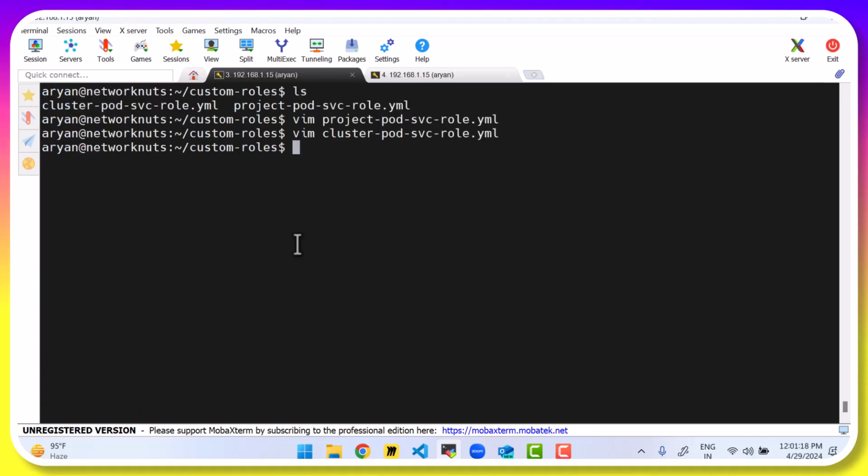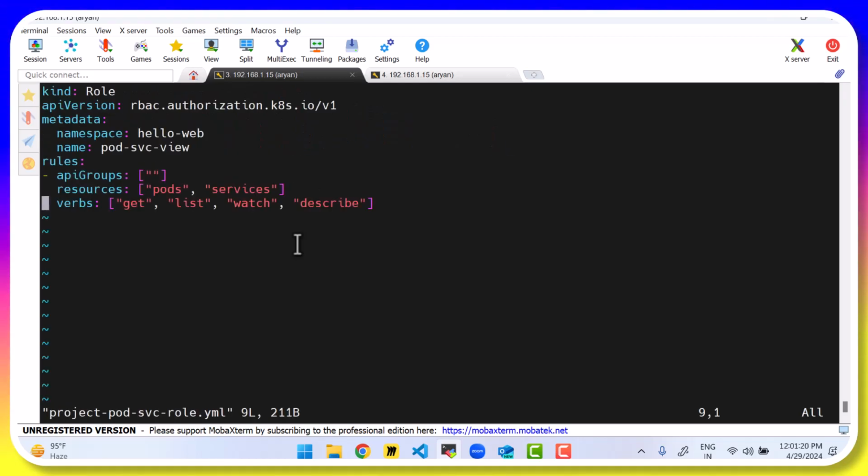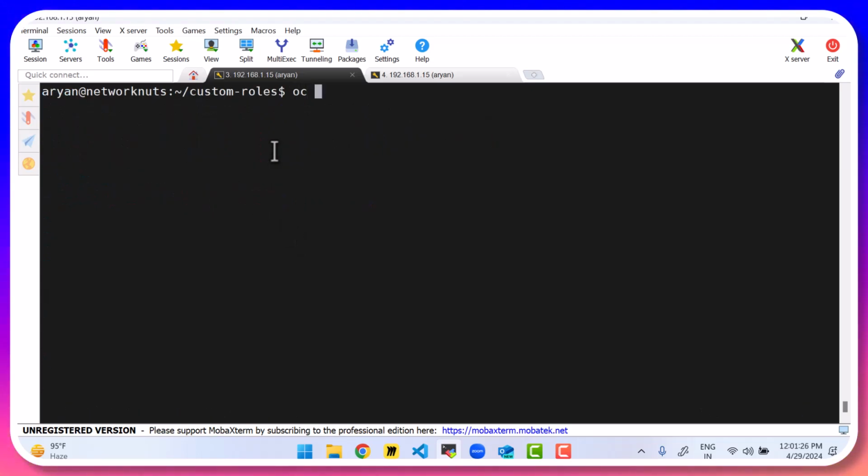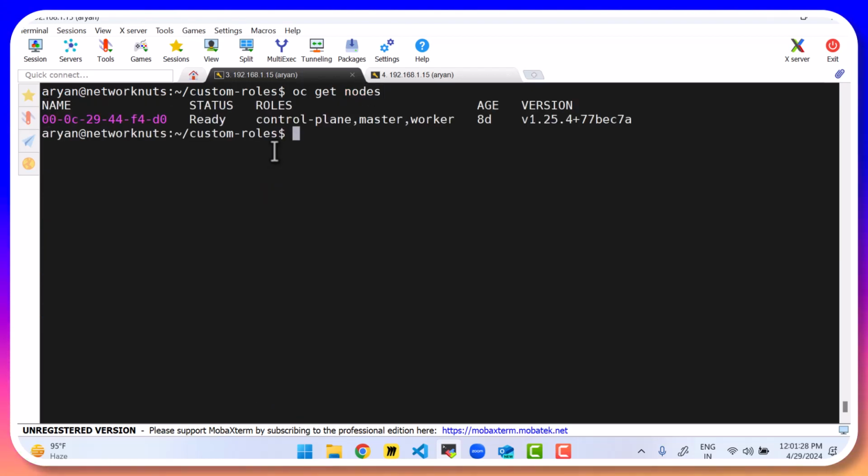While in this particular case, I can only access them in a particular namespace, that's the hello-web namespace. So let me check if I am the super user. I can use the oc get nodes command for that. The oc get nodes command can only be run by someone who's a super user. And once you have verified that you are indeed the super user, you can now do oc apply